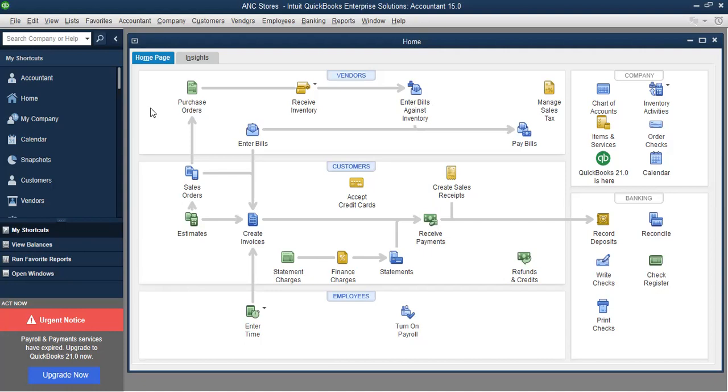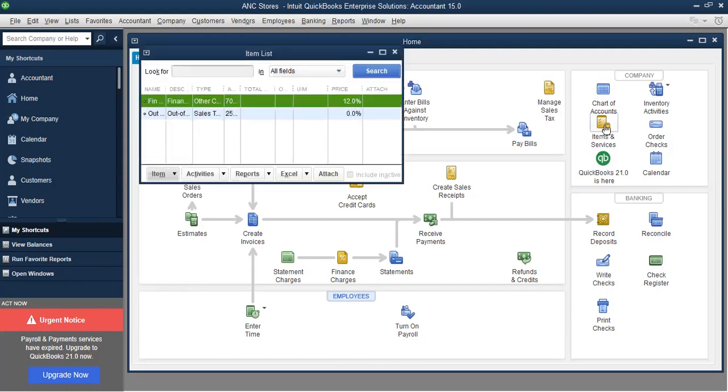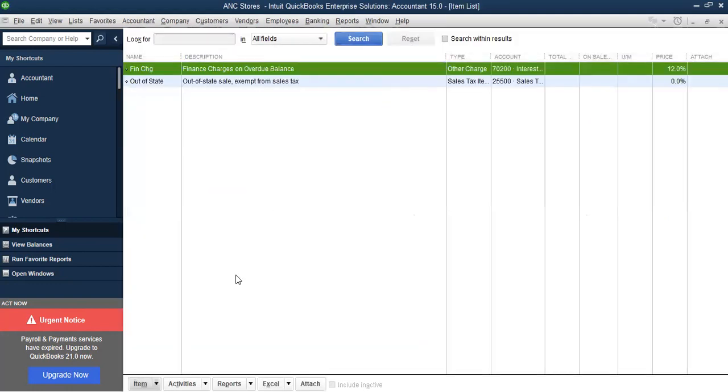Using QuickBooks, Pastel, SAP, whatever, you need to appreciate how to do that. So VAT is a product. Since it's a product, we come here to items and services, where you will see how VAT items and services are set. We are going to have my products, my items.